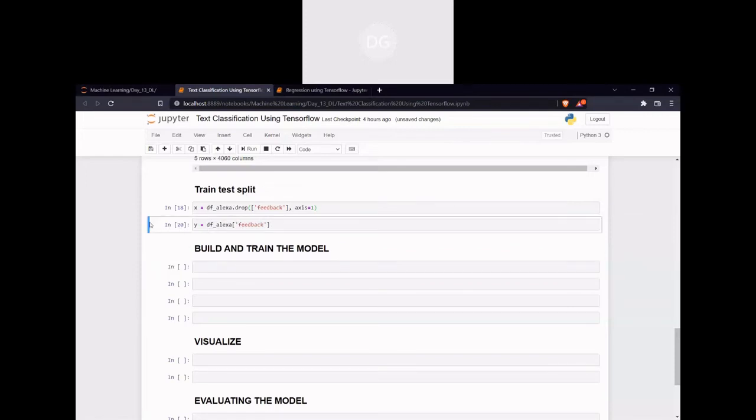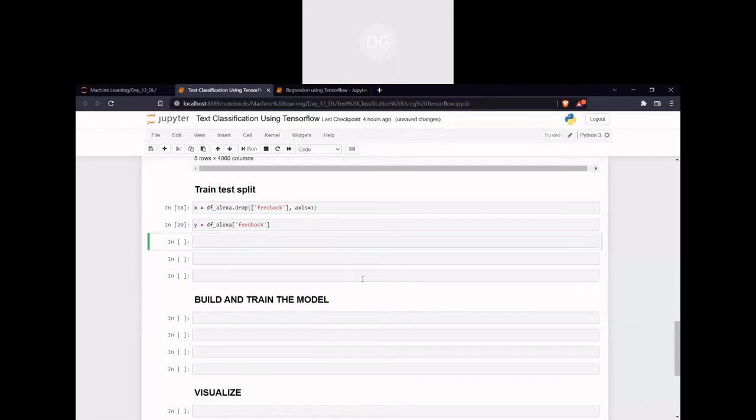Now we have to do the splitting and training part, right? So that we know. Model selection, import.